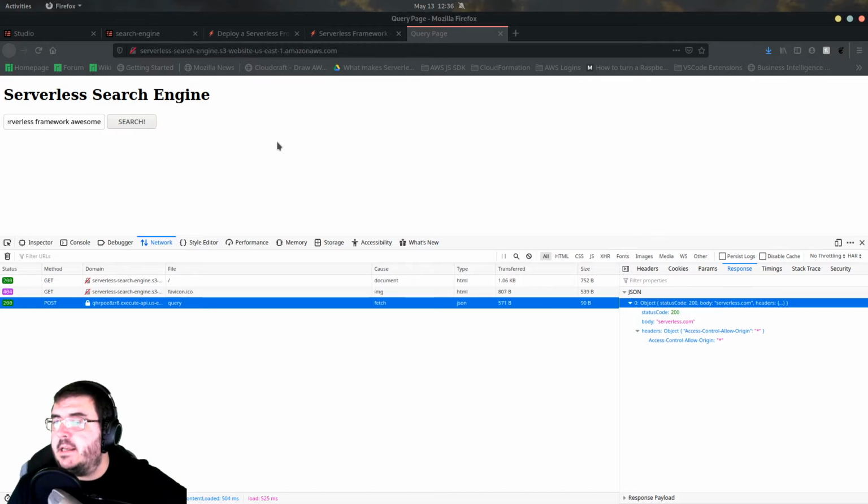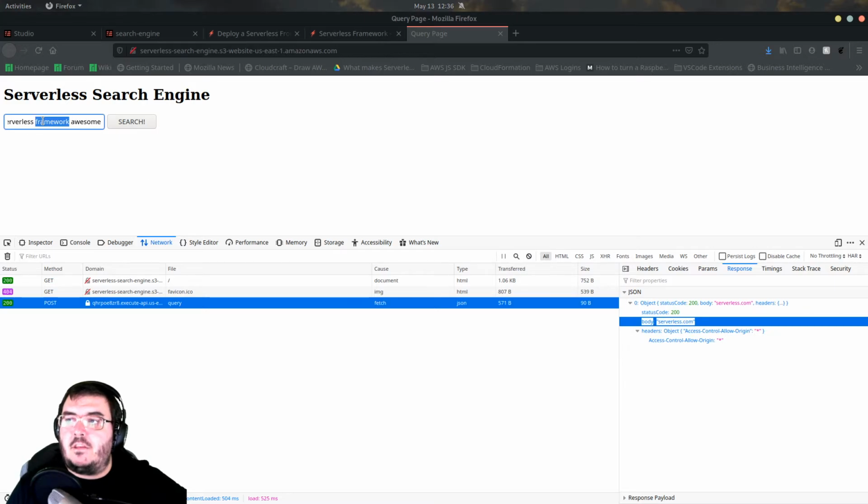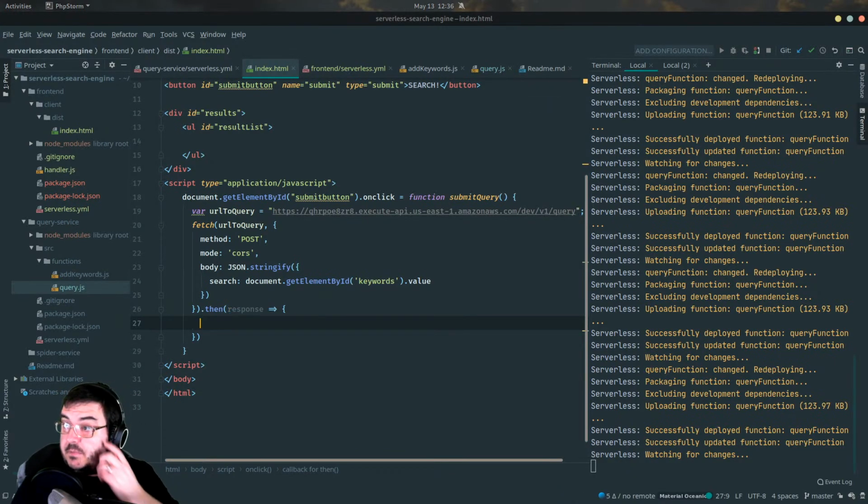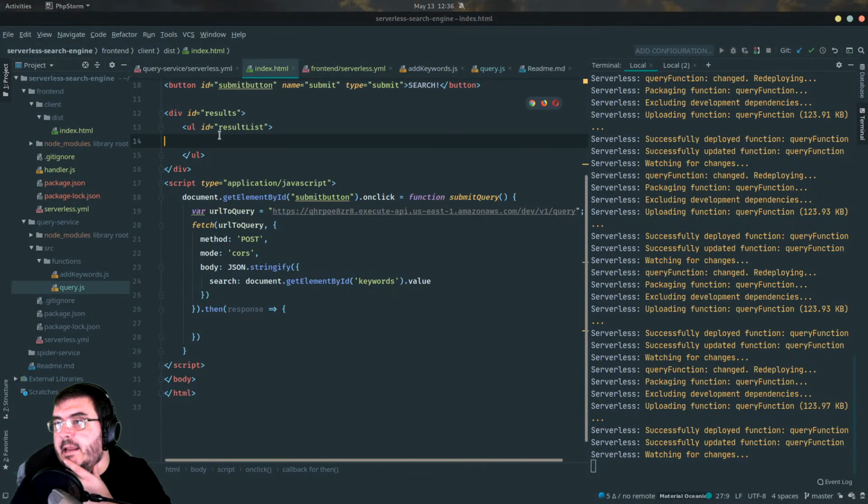So the next step is to take the results that we receive from our network request, essentially take the URL that comes from this search. The idea here is that these three terms match a URL that we've scanned with our spider in the past. So now we want to display this result. So let's go ahead and put that on the screen. And instead of console logging the entire response out, we want to add an OL in here. So I believe I can do